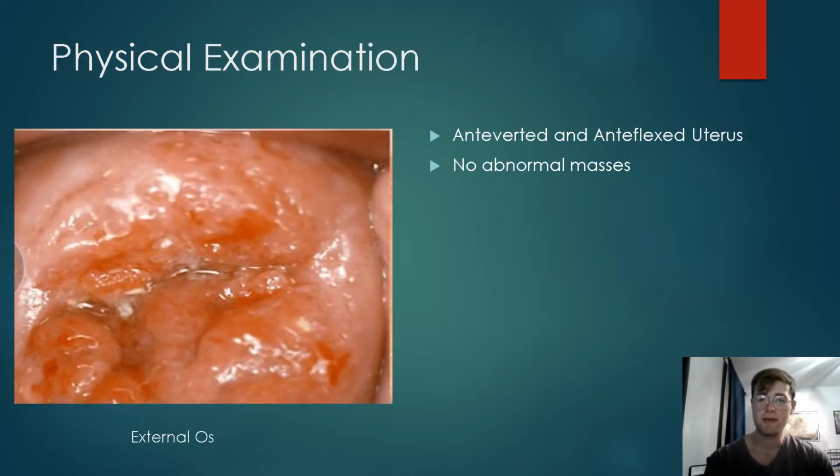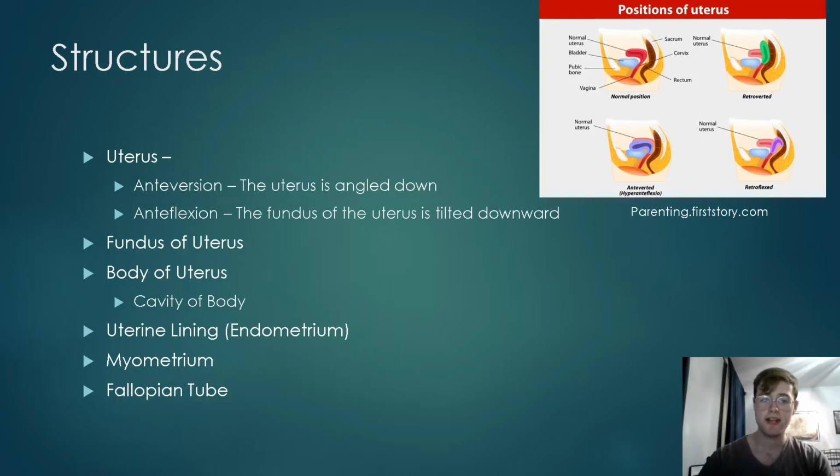Upon physical examination, her uterus is noticeably anteverted and anteflexed. There are no abnormal masses upon inspection. Here we can see the cervix, specifically the external os. Relevant anatomical structures to this case include the uterus, which is, in our patient, anteverted and